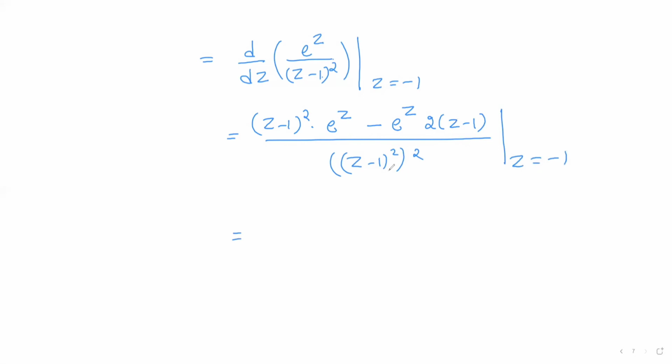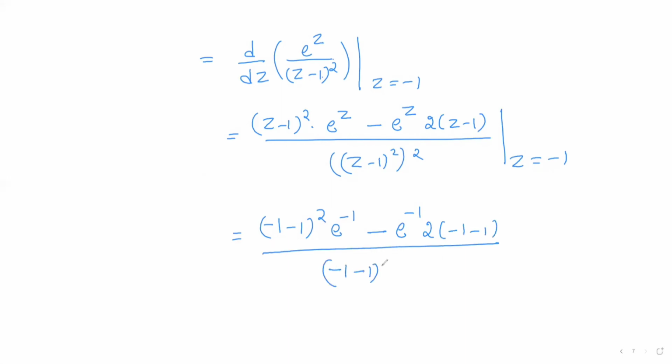So now directly put z is equal to minus 1. So minus 1 whole square e to the power minus 1 minus e to the power minus 1 into 2 into minus 1 divided by minus 1 whole to the power 4. So it is 4 e to the power minus 1, right? Minus here plus 4 e to the power minus 1, because minus 1 minus 2. So minus 4 into minus is plus. So plus 4 into e to the power minus 1 divided by